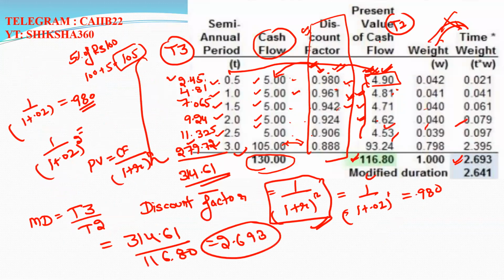From here also we can get the value of the bond, basically this one. But this is basically with respect to the semi-annual. Please wait, not an issue, I will try to explain how we can get the present value of the bond. Basically here we have 116.80, as we are going to calculate.